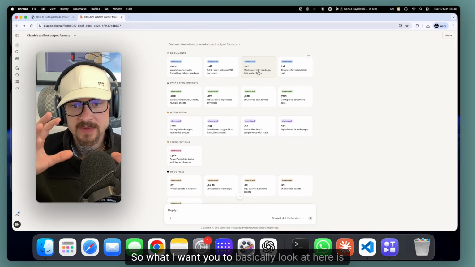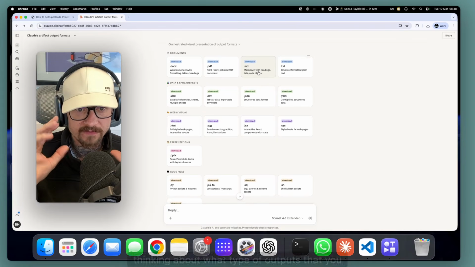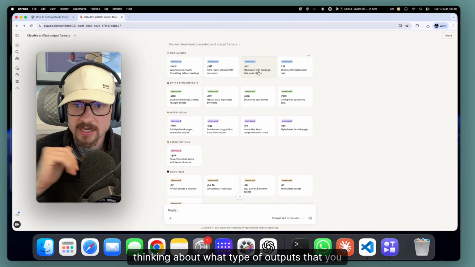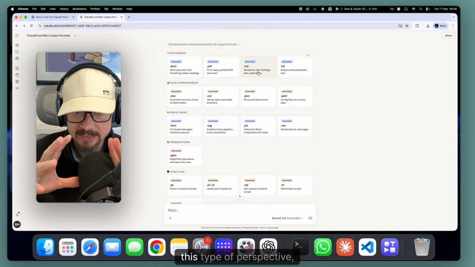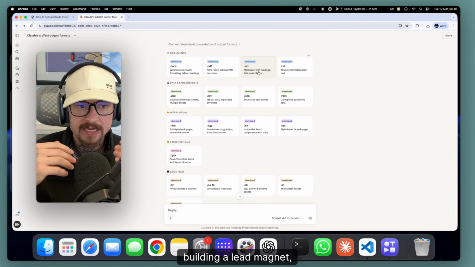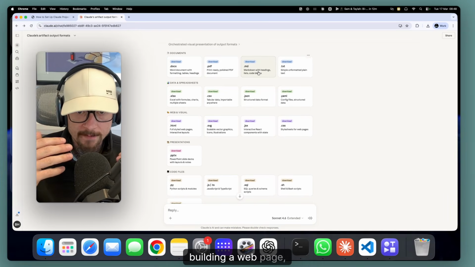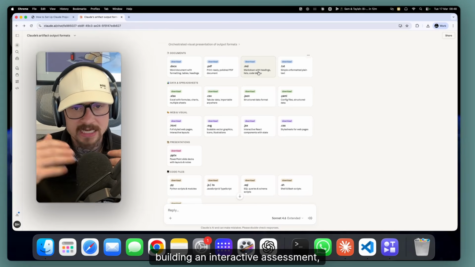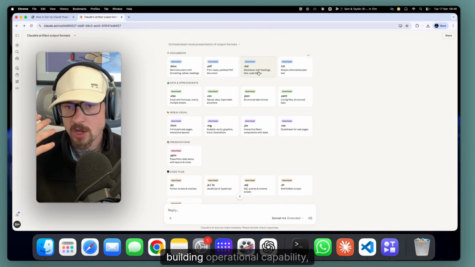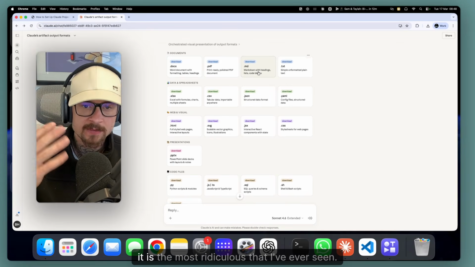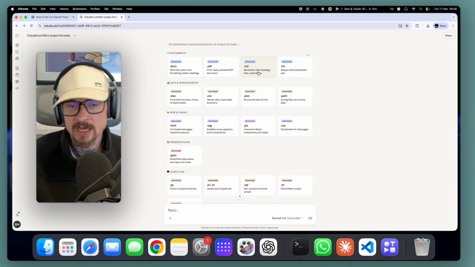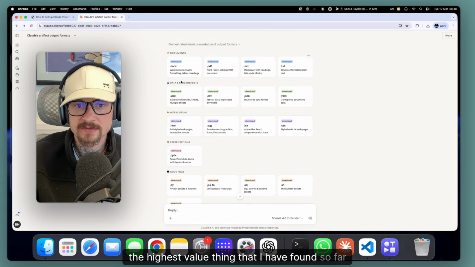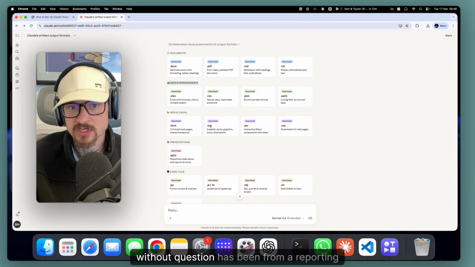So what I want you to look at here is thinking about what type of outputs you actually want, because when you look at it from this perspective, building a lead magnet, building a live webinar, building a web page, building an interactive assessment, building client tools, building operational capability, it is the most ridiculous thing that I've ever seen. The highest value thing that I have found so far with Claude, without question, has been from